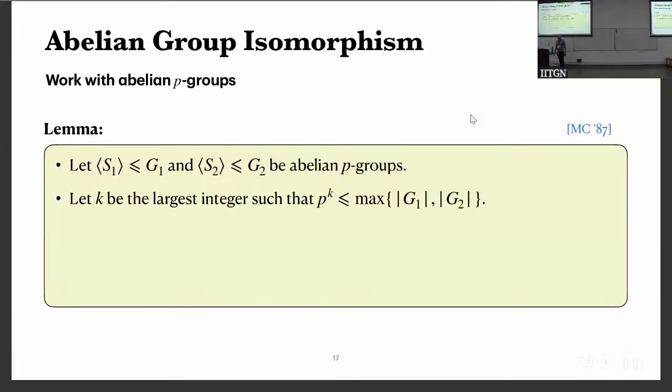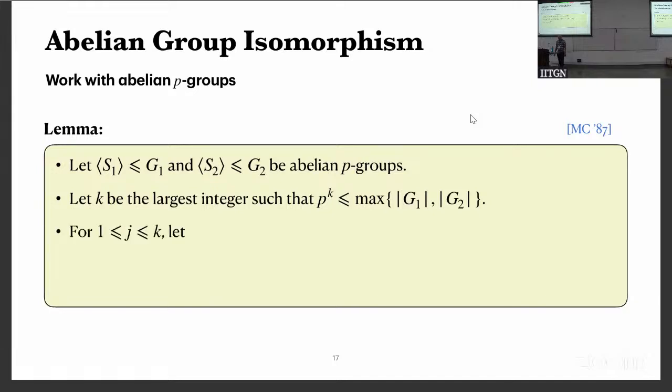Firstly, we will reduce the problem to abelian p-groups. What are p-groups? They are groups where the orders are powers of p, and in abelian groups you can do this reduction. I don't have the time to get into this right now, but